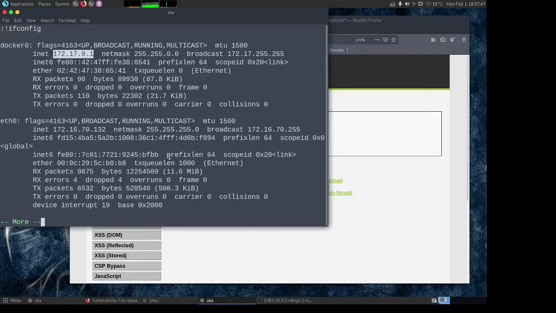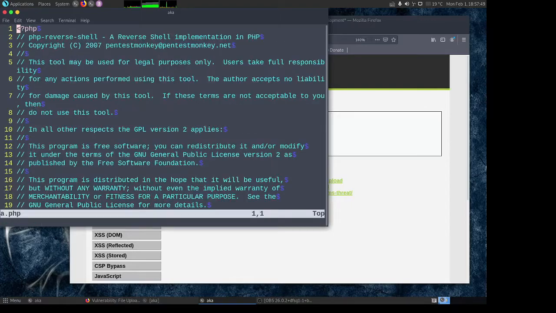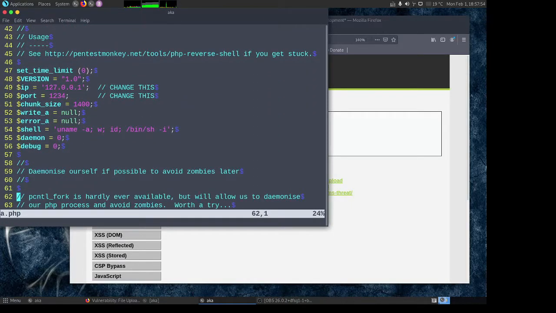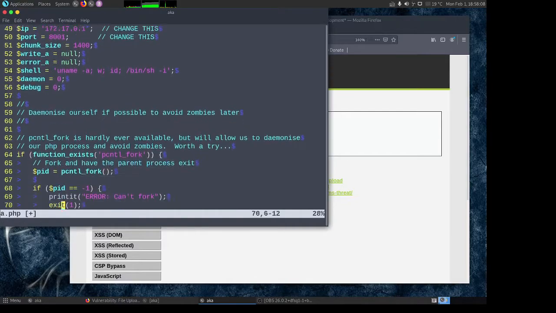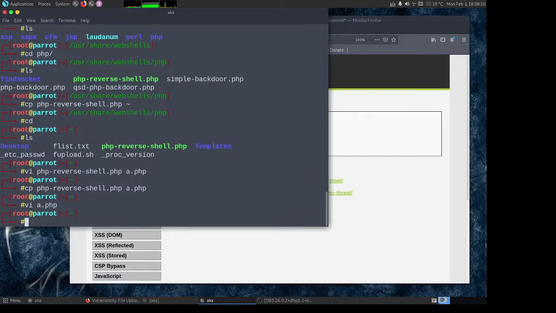So I will use 172.17.0.1. The only thing I need to change here is this IP, 172.17.0.1, and the port number, which I will make 8001. That's all that I need to change here, and then save it.